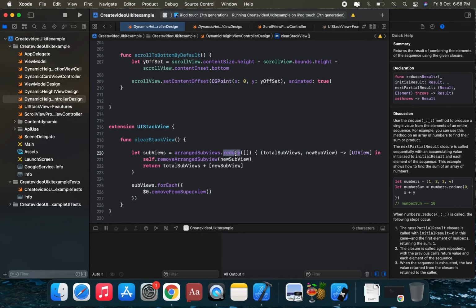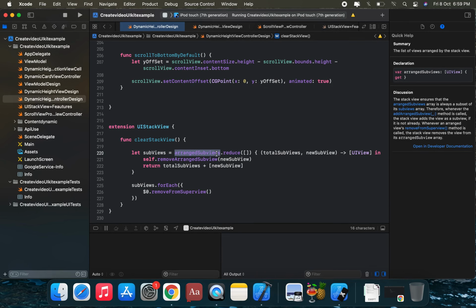Because the arrangedSubviews property of UIStackView contains all the subviews of the UIStackView. So first we will apply reduce on this property, then we will keep all removed subviews in an array. After this we will remove subviews from the superview one by one.